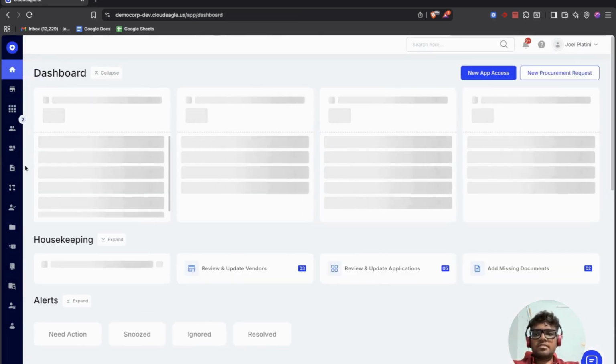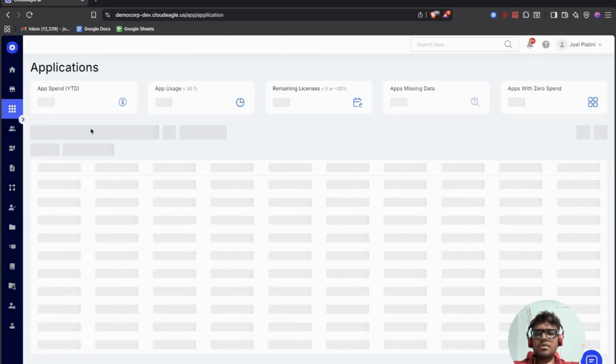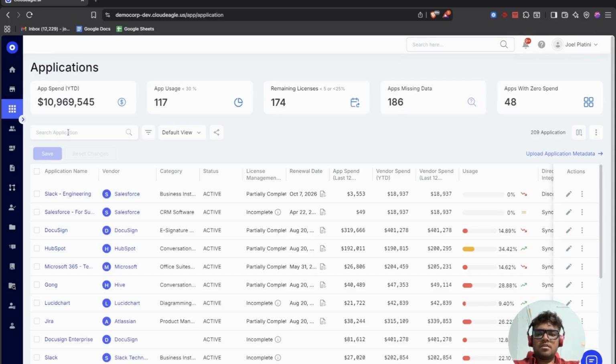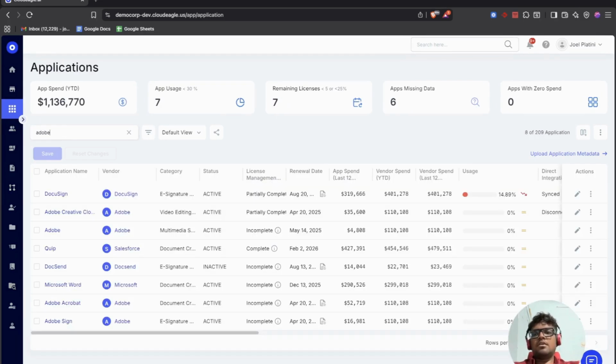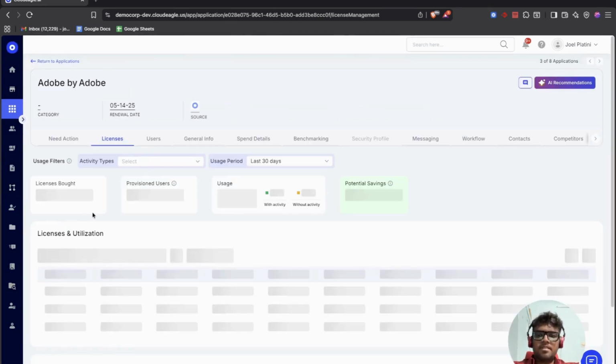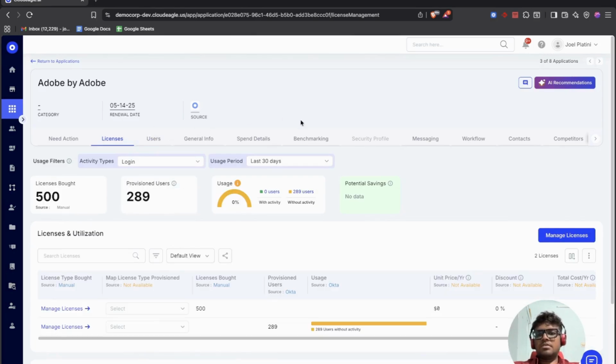So once the integrations are done, we head to the application dashboard. Once you have integrated, you will be able to manage all your Adobe stack, the Adobe suite. So I'm going to look at Adobe. The first thing that I'll be able to see is the license dashboard. So here you can see all the purchased licenses, all the provisioned, how many users have been provisioned, and